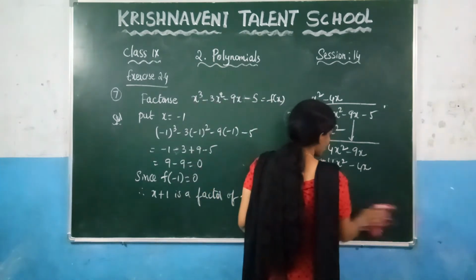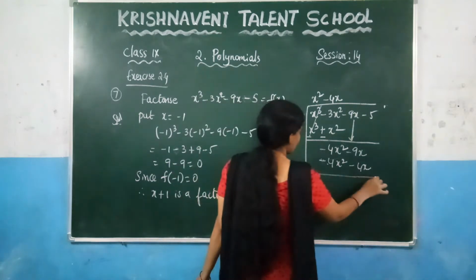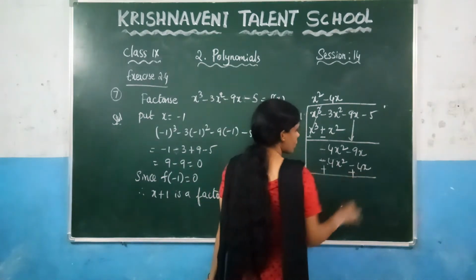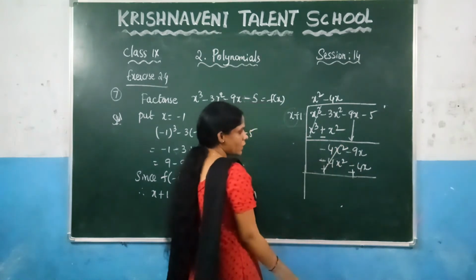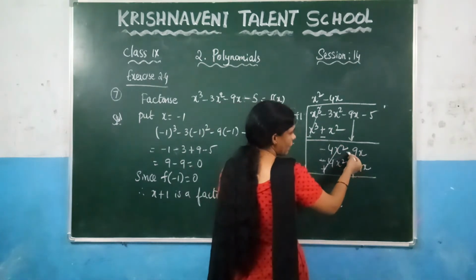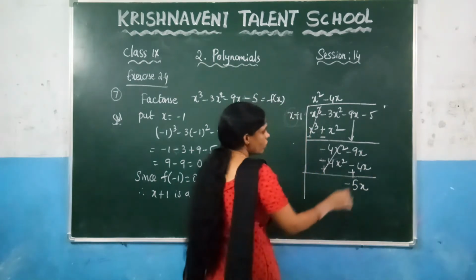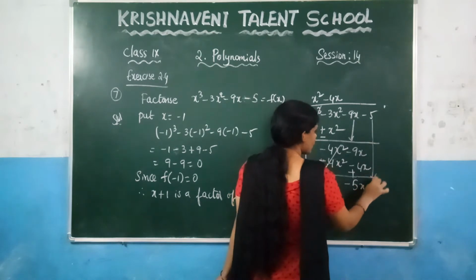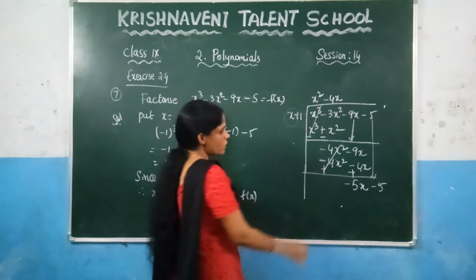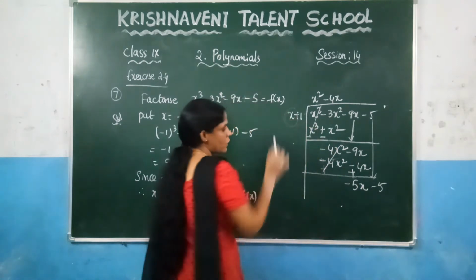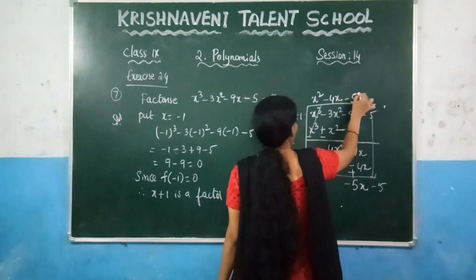Now what do we need to do? We need to change the signs. So change the signs here, plus, and here also plus, because here minus is there, keep it plus. These two will get cancelled. What are you getting? Minus 9 plus 4 gives you minus 5x. So what is this number you need to take down? Minus 5. Now again you need to divide these two numbers, minus 5x by x, and again x and x will get cancelled. You will get here minus 5.